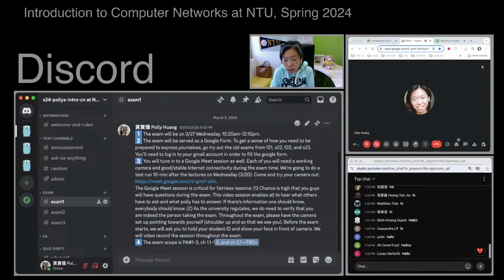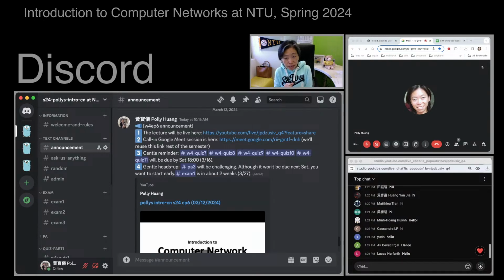Now, in terms of theory, we'll cover textbook chapter 1.1 to 1.4, which we will finish today. Starting tomorrow, or maybe later today, we'll start talking about chapter 2. As for which parts of chapter 2 we'll cover in the exam, we'll wait until the end of next week to be more sure. So the end of the scope is to be determined. All right, so these are the announcements this week.